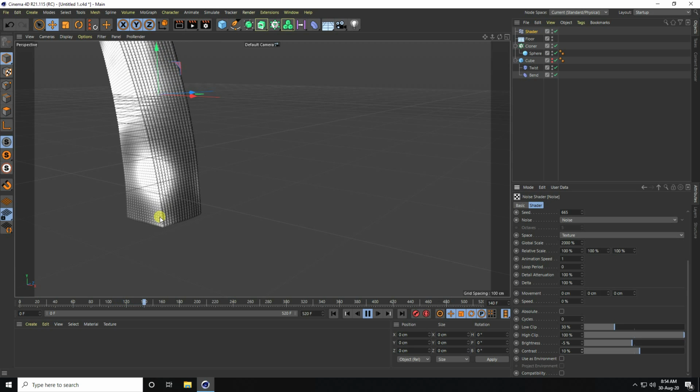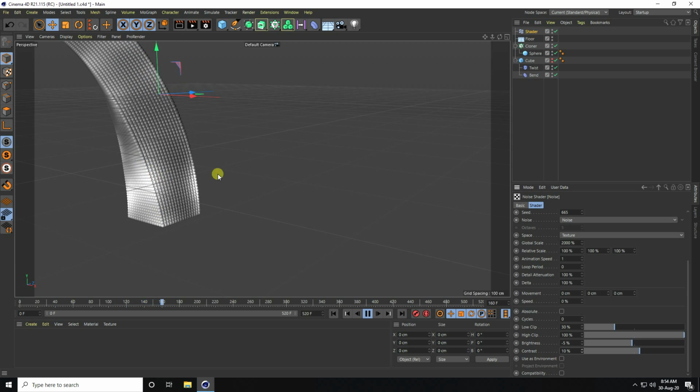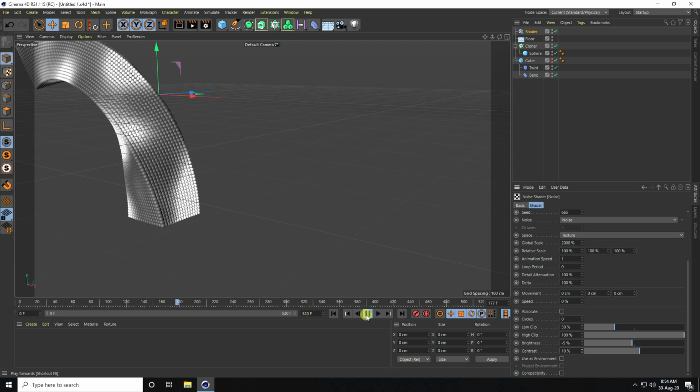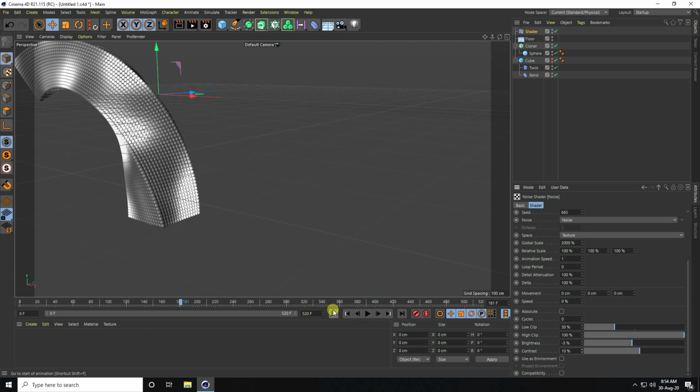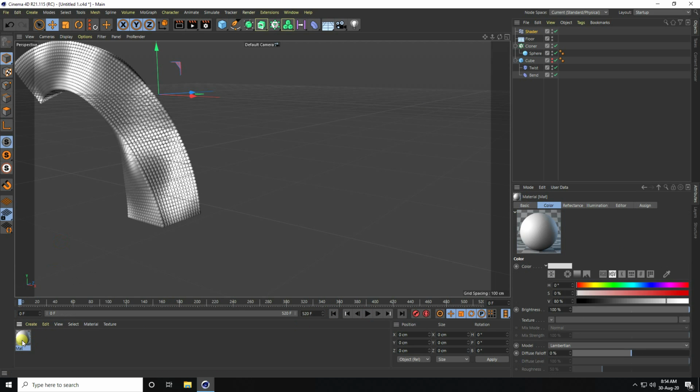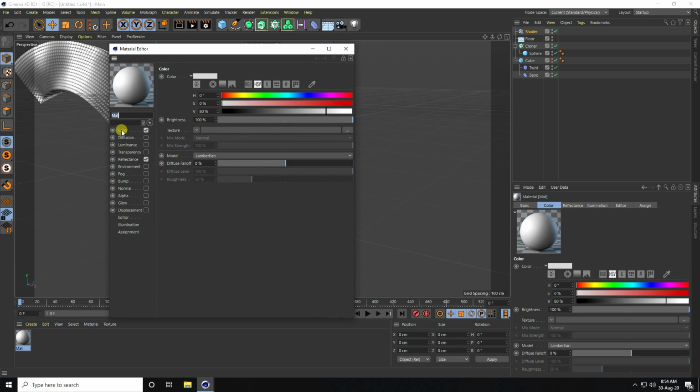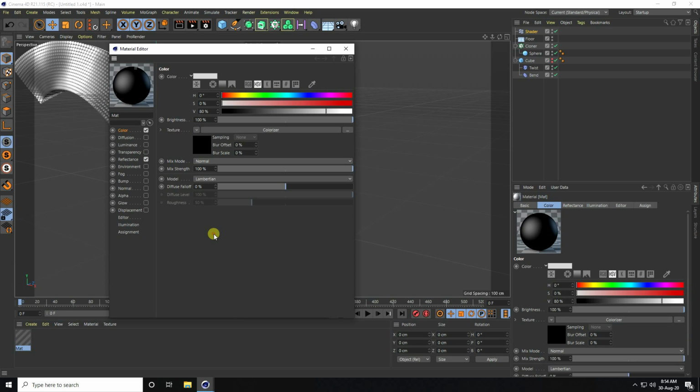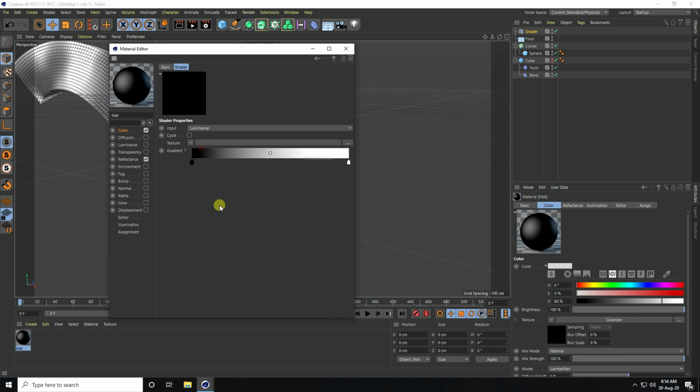In this step I create a material for the shader, actually the cloner. So stop this animation, create material. Go to create and new default material. Open this material. Guys, go to color and texture. Take colorize, this one, and check colorize. Again go to texture.